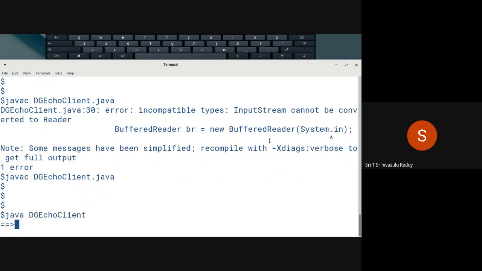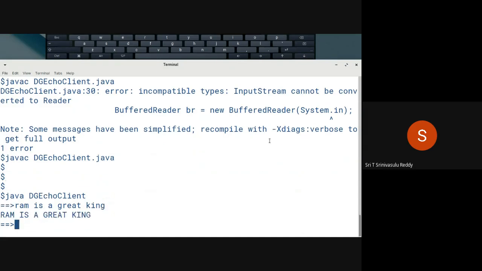So you see, Java followed by DG echo client. So again, you give "Ram is a great king". So you get that particular thing converted and all that. So "Sita is the wife".